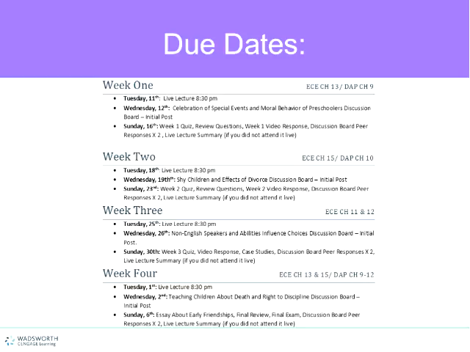Okay, so here is how it's set up. You've got the weeks listed: week 1, week 2, week 3, and week 4. And you have a copy of this in your email. Up on the right-hand side at the top, you've got the chapters that we'll be covering. ECE is our Intro to ECE book. DAP is the Developmentally Appropriate Practices book. So we'll be going back and forth between those two. Then I've also listed the due dates for the main things in the class.